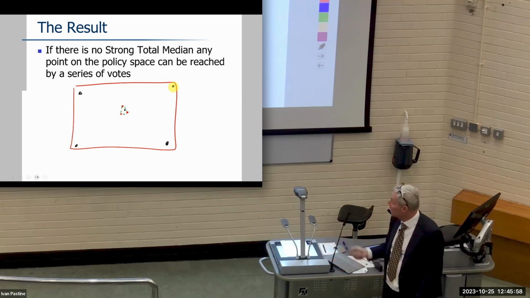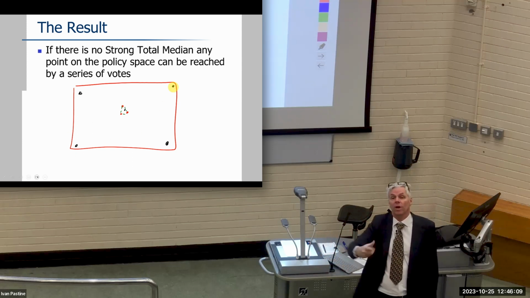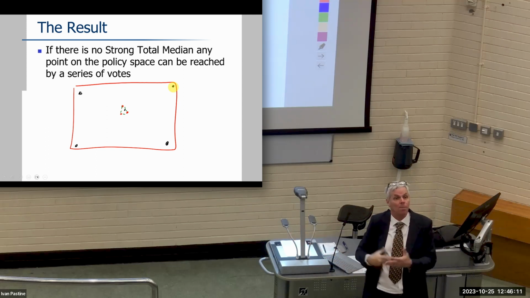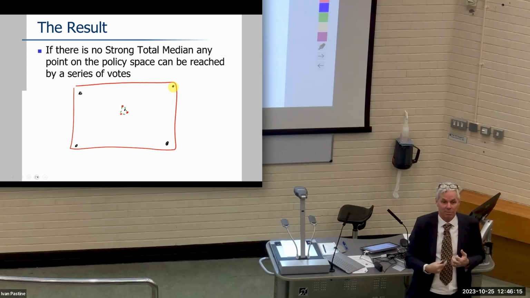Which means in real life, we're always going to have this problem where we can start anywhere, someplace sensible like that, and we can end up voting for things way out here, which are actually worse for everybody. Not just worse for some people. We can end up voting for things that are worse for all of us by complete democratic action.